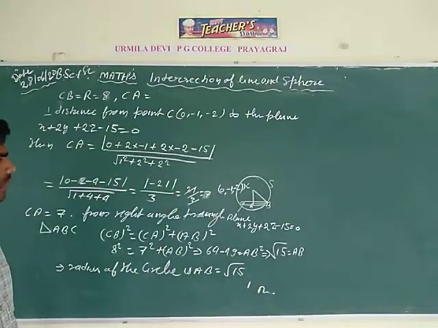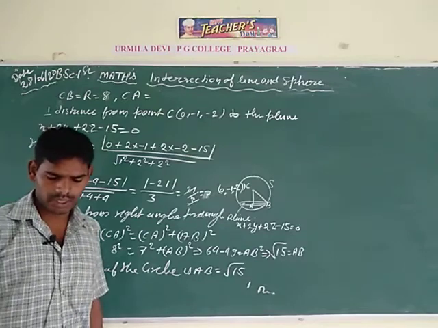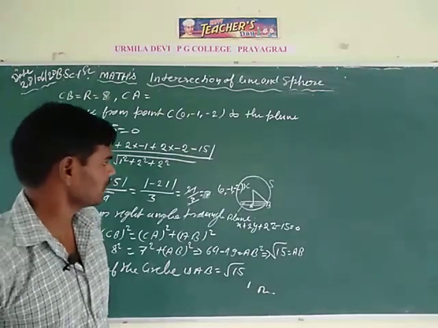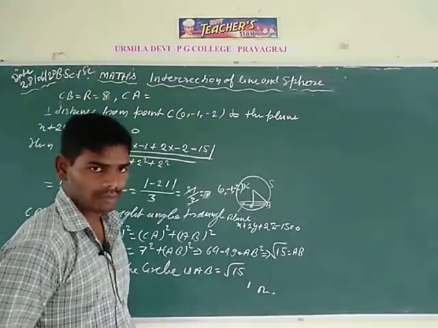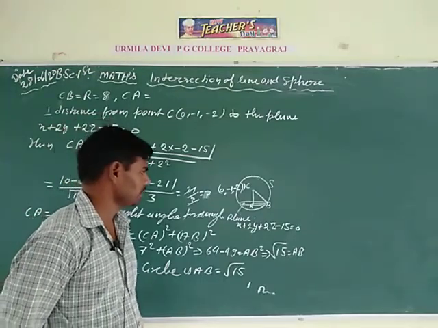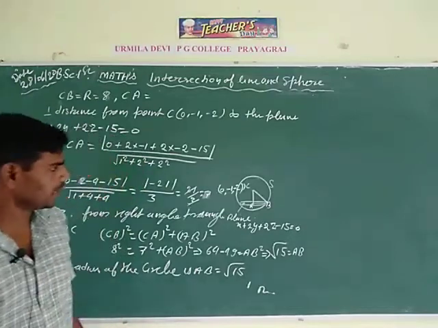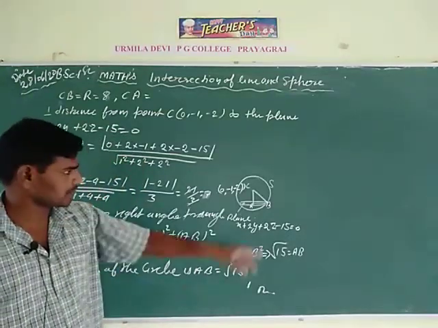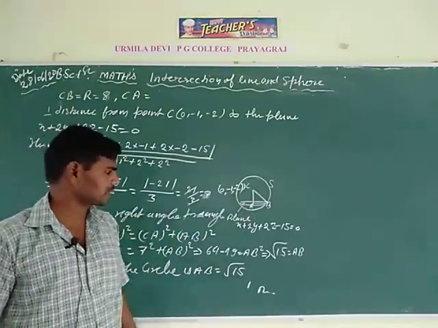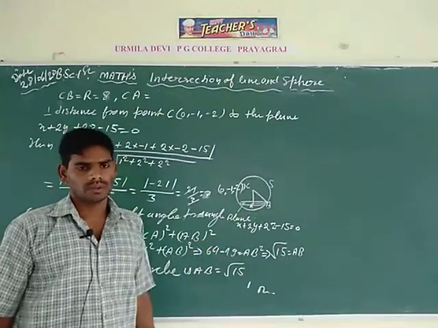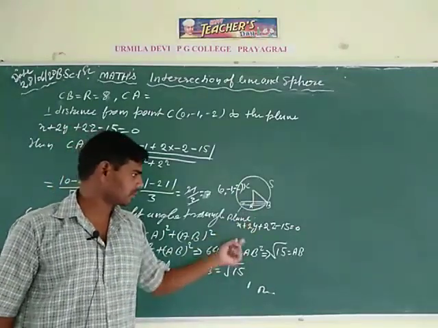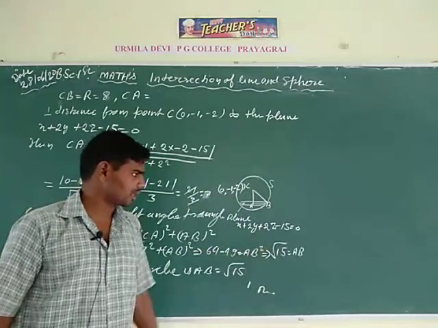So in the question, first calculate the coordinates of the intersecting point capital A of the given straight line, normal line and given plane. Here capital A gives the center of the circle, and after that calculate the radius of the sphere CB and the perpendicular distance from C to the given plane x plus 2y plus 2z minus 15.